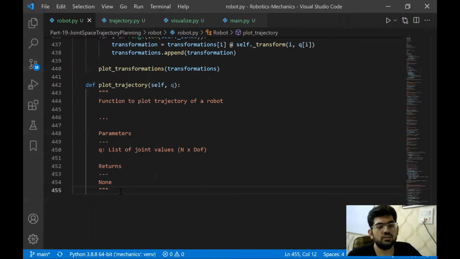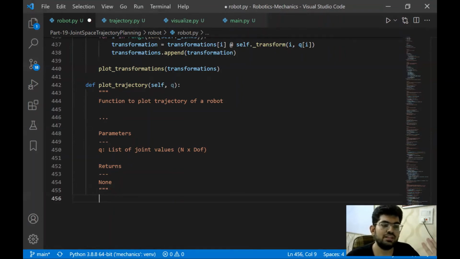In order for the robot to actually move, we need to implement a controller of some kind that is going to follow the trajectory that we have given to it. Right now, we are only assuming that the robot has somehow been able to come to the point that we have commanded it to. Now, for the robot to actually reach the position that we command, we need a controller, which we have not yet implemented, but we plan to implement it in later videos. Right now, we're just assuming the robot has somehow reached the location that we provided, and we are plotting that final result over there.